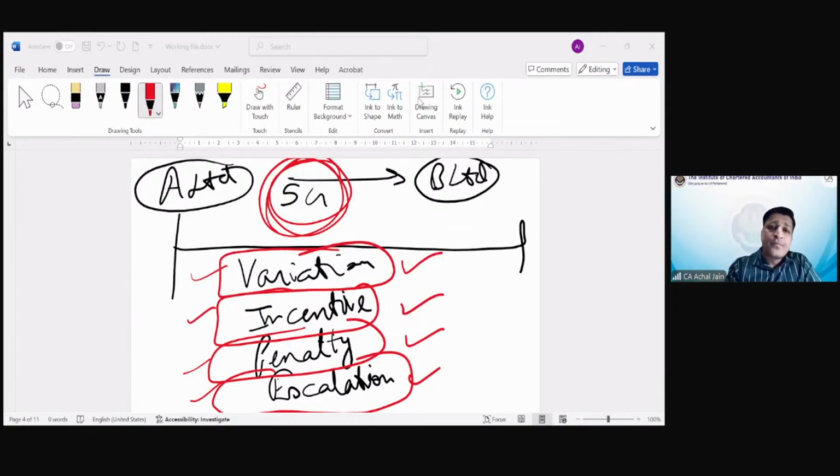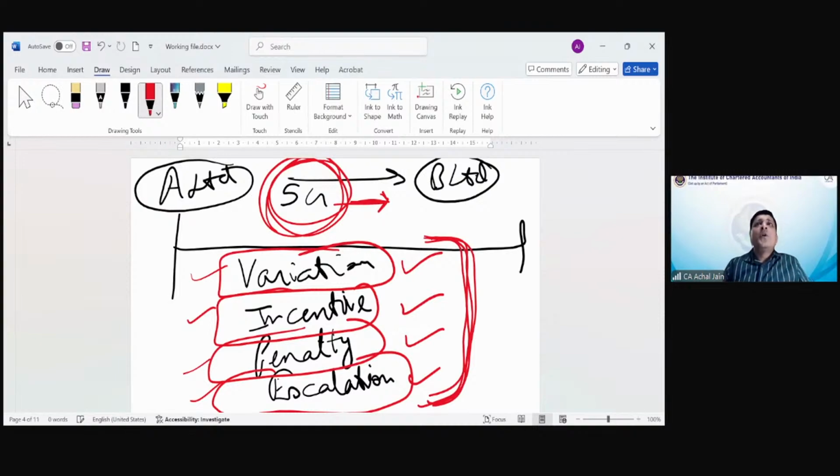Now, when it comes to the initial amount, this portion is something over which you are free to recognize revenue. There's no question mark. But for all of these other components, we are not sure as a contractor whether the customer will agree or not. That agreement is missing. So the standard says that until this approval is there from the customer, and until this is agreed between both parties in terms of the amount involved, you should wait for the revenue recognition. Okay, clear on this now?